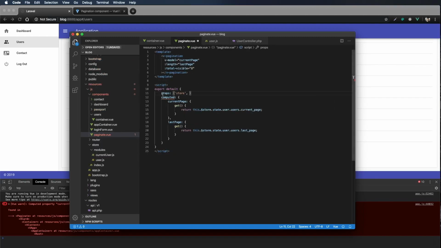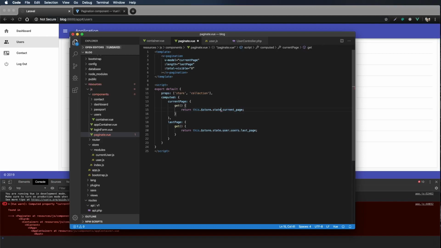So I'm going to say props. First, I want to receive the store, and then I want to receive the collection. All right, we'll put a comma. That got rid of that. Now that I changed that, I need to tell my current page and last page to use the store and the collection. Right now, I'm manually hard coding it in here with user and users. In order to dynamically assign that information to tell it to use store and collection, I should be able to say